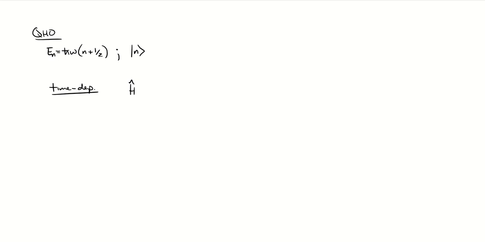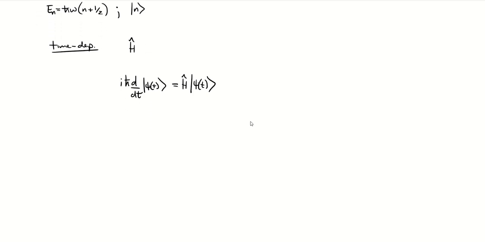So if you recall, when we're looking at time independent Hamiltonians, we have a nice little recipe for how to derive the state of the system as a function of time. And it all comes from Schrodinger's equation, which says the time derivative of our state function times i h bar goes as the Hamiltonian acting on that time dependent state function. This is Schrodinger's equation. It's how we determine the time evolution of pretty much any system in quantum mechanics.